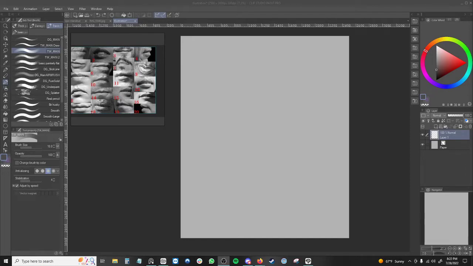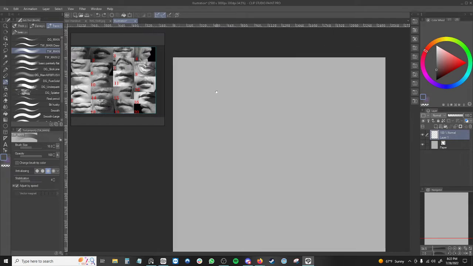Okay, so in this section we're going to be talking about lips, which can be a really difficult feature to draw, and it's kind of weird because they're difficult, but they're also simple in a lot of ways if you follow a lot of the basic principles. One of the more important things that I could say you should know about lips, just as far as their structure goes and drawing them, we have